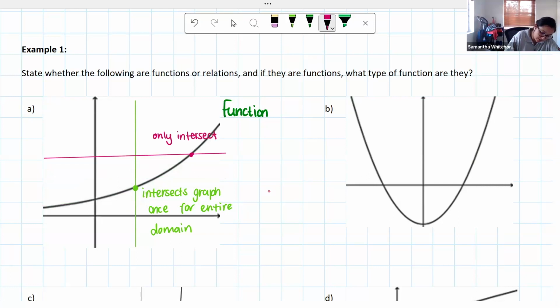Now remember, when your horizontal line only cuts your graph once, what you have is a one-to-one function, because one x value, one corresponding y value. That's it. Right, so to determine whether it's a function, vertical line test, to determine what